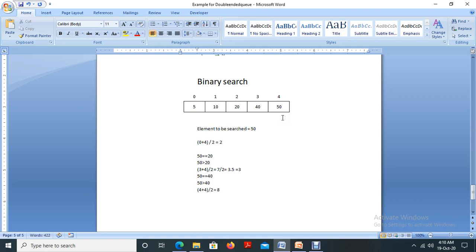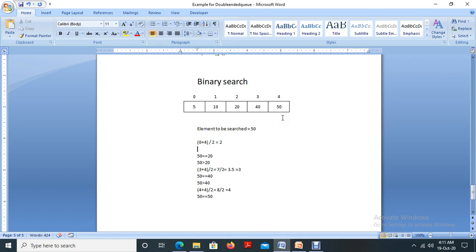It's 8 divided by 2, which equals 4, and we take 4 as the middle element. First step is to compare 50 with 50. If both values are the same, the condition is true, and the element is available and located at index 4. So this is the procedure.